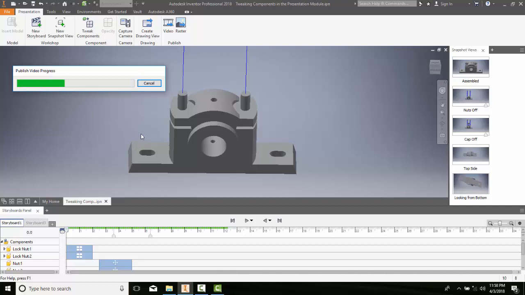We're not going to sit and wait for this whole thing. Times vary depending on the complexity of the parts, the timeline, the resolutions. All those matter when you're creating your video, but the videos are very handy for the average person to see what's going on, especially when they don't have Inventor. And so it creates those settings,